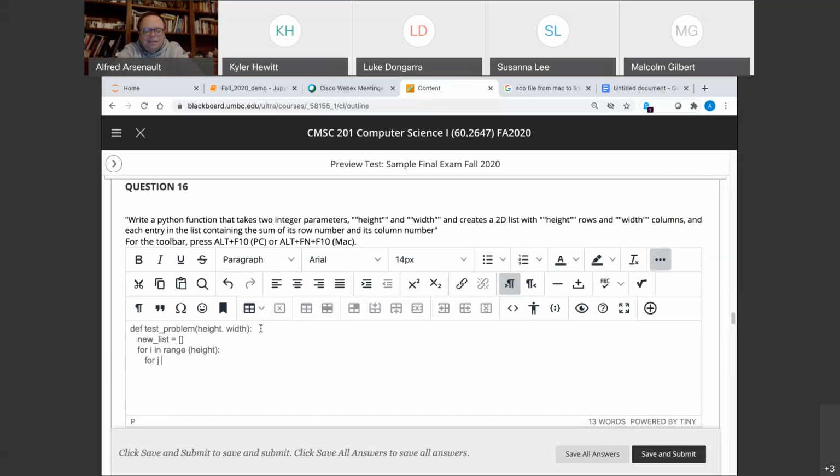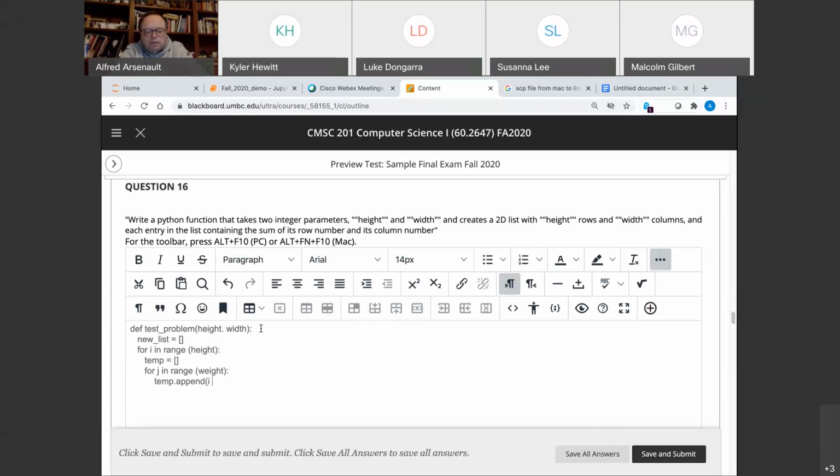For J in range width. And we just talked about this again. Adding rows. Temp is going to be my 1D list. Temp dot append